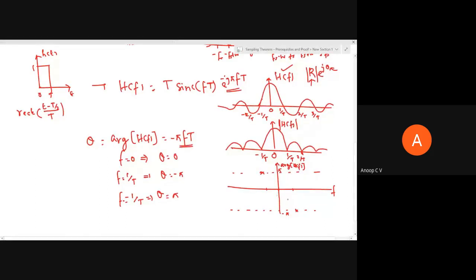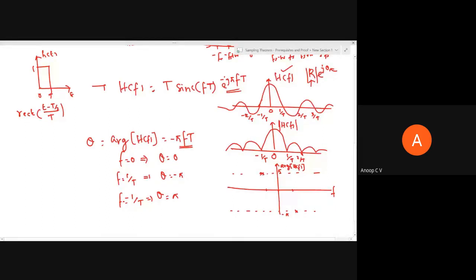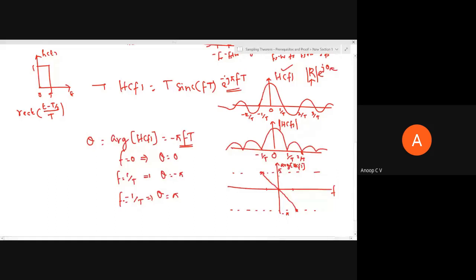So it will linearly increase. If I join these 2 points, I'll get the magnitude response. And you can see this function, the magnitude of sine, will repeat every 180 degree interval. It will repeat the magnitude. So what we can do is, remaining parts we can draw as such.